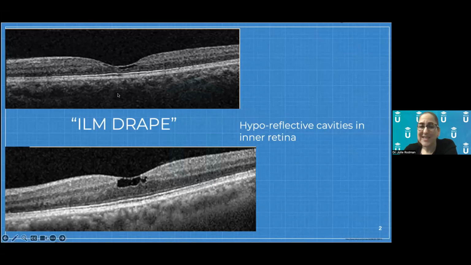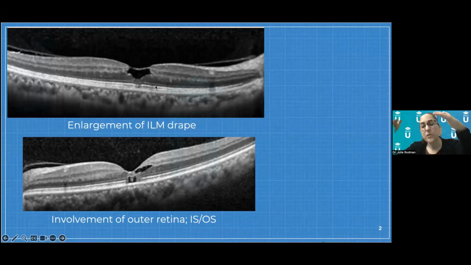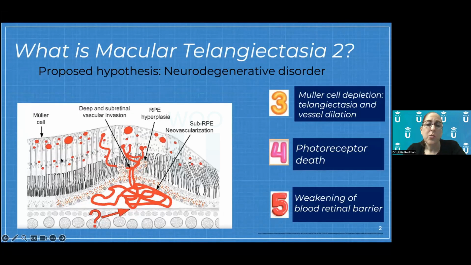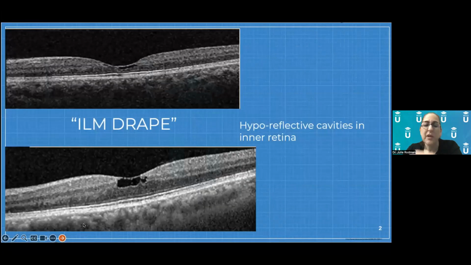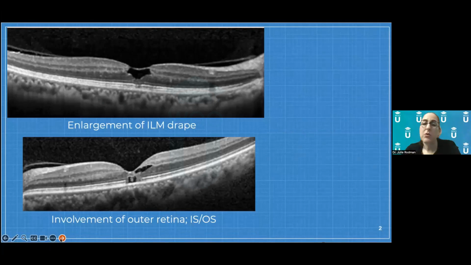As the disease progresses, you're going to see that this cavitation becomes larger because the Mueller cells, or the vascular integrity, are going to continue to disintegrate. Over time, these cavitations are going to spread further and further into the lower parts of the retina. This goes along with the picture I showed you here. We start off very superficially, and the problem is going to begin to affect the photoreceptors south. So that's what you should be thinking of. We start off with a very superficial abnormality, and over time, the integrity of the lower retinal anatomy and even below it is going to become affected.